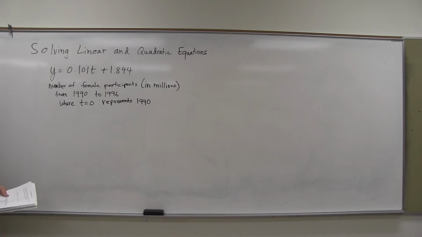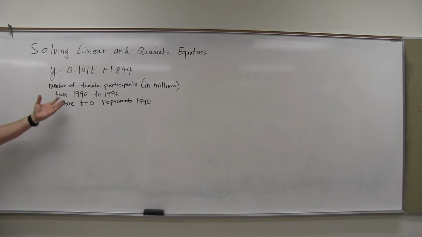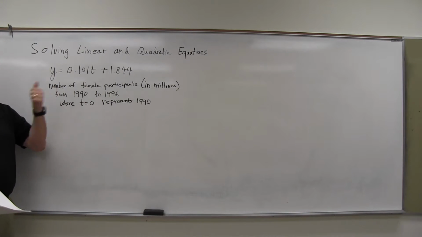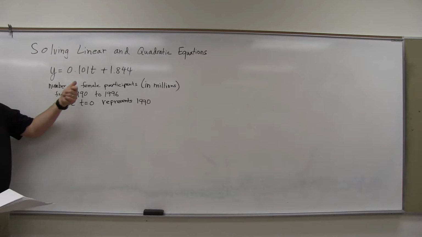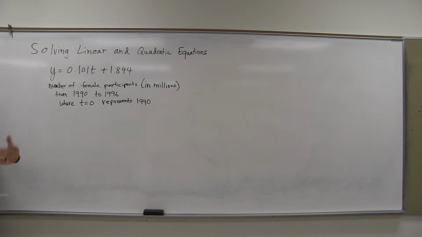So your t here represents a year, but it's not the full year, 1990, 1996. T equals 0 is 1990. So if we wanted to figure out the population in 1990, we don't plug in 1990, we plug in 0 there, which I believe is the first. Okay, so my first